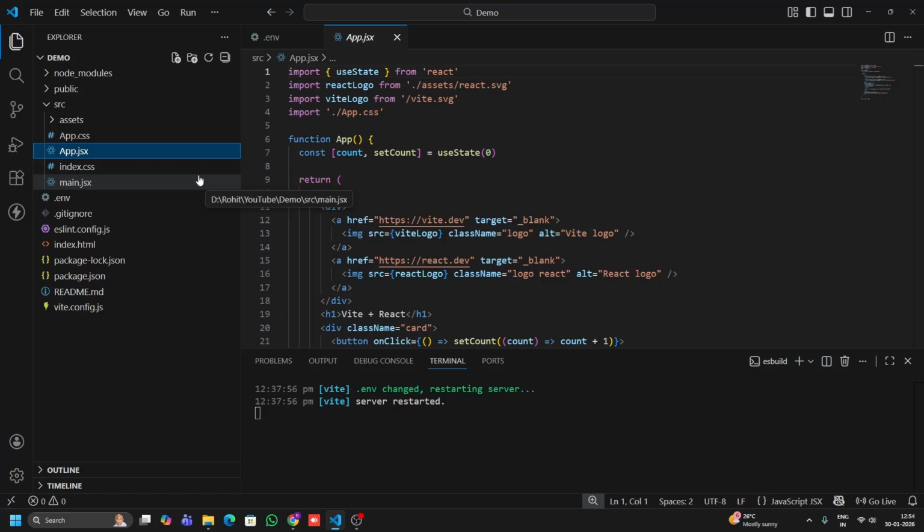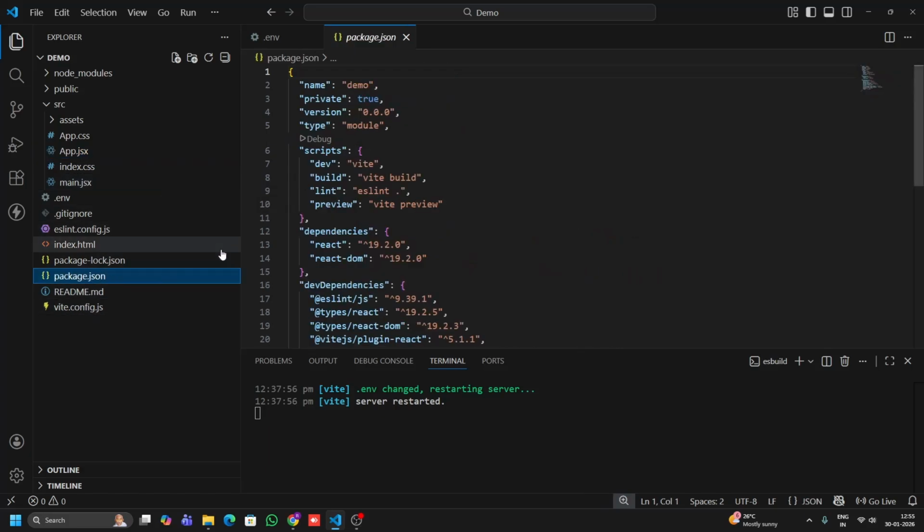Now let's talk about node_modules. The node_modules folder contains all third-party packages your project depends on, and this folder can be very large, sometimes hundreds of megabytes. So uploading it to GitHub is unnecessary because any developer can recreate it by simply running npm install using the package.json file. Keeping node_modules out of GitHub makes the repository lighter, cleaner, and faster to clone. So in short, .env is hidden for security reasons and node_modules is hidden for performance and cleanliness. That's why both of them are added to .gitignore and never pushed to GitHub.